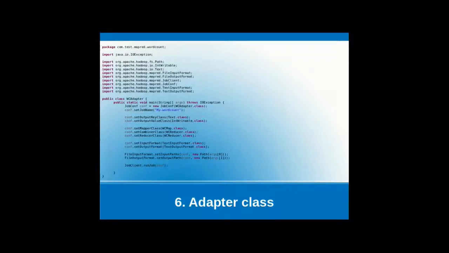The adapter class is the main class, where we have a main method, and from this class our job will be described and located by the job tracker.